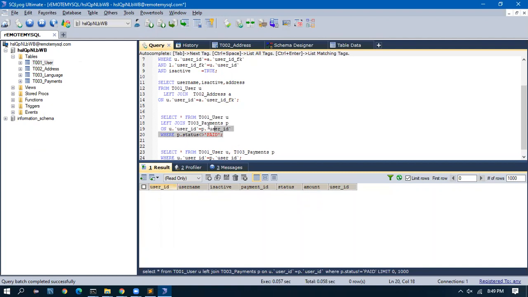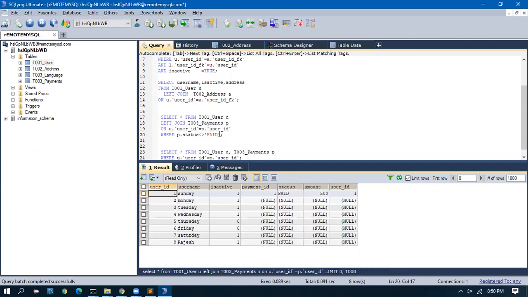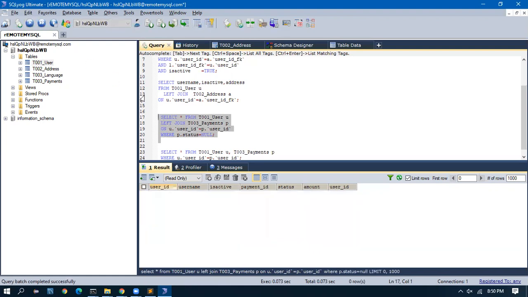So not equal to paid. Do I have a space? No. Okay, I'll do it the other way. I'll ask where the payment status equal to null. So bring me all the records which have a null payment status. Okay, but why p dot status?